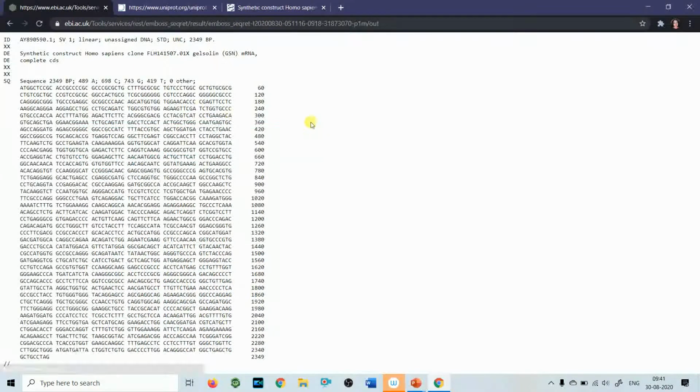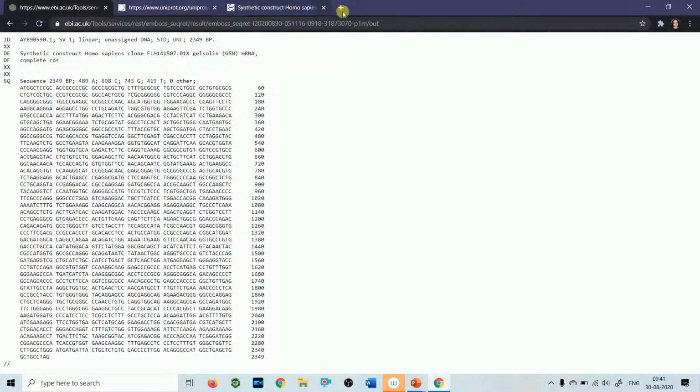You can download it and use it in the required software of your choice. So this is how you can convert a sequence from one format to different formats like GenBank, GCG, NBRF, all these.